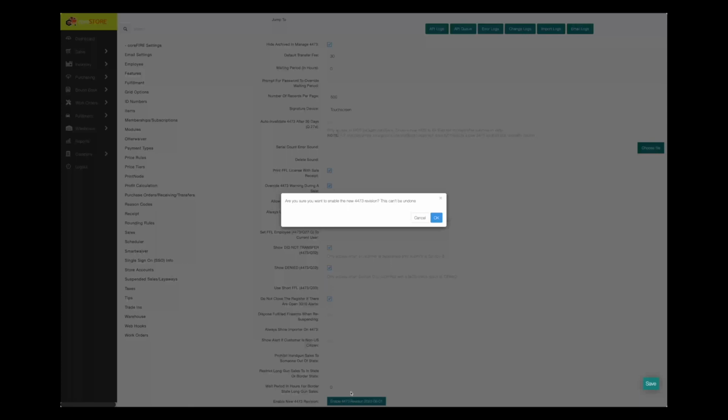When you click this button, we're going to warn you that you cannot go back to the old revision. So once you switch it, it's switched for good. We've tested this. We already have live customers who are using the new 4473 form, so you won't experience any issues. So again, just go to Company Settings,